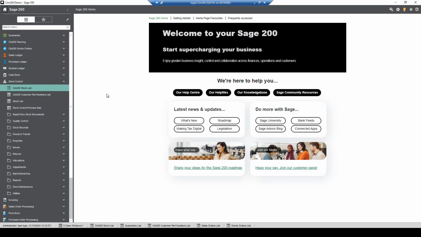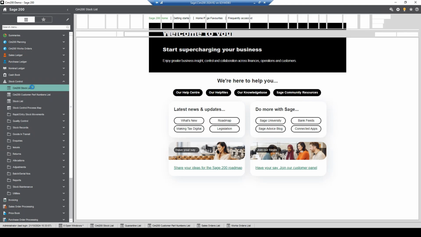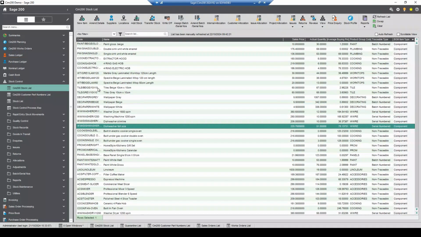So Cim200 is within Sage 200 in the same way as Cim200 Manufacturing, and Cim200 utilizes the standard Sage commercials, so stock, SOP and POP, as well as bills of materials modules. Works orders and planning are completely our own, because that's the part of the Sage 200 Manufacturing that is no longer available. So if I go and have a look at, first of all, our stock list, and it